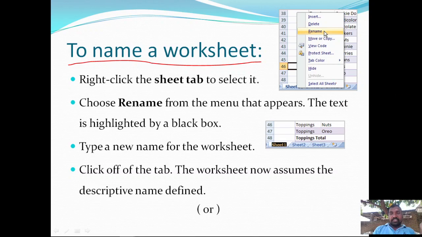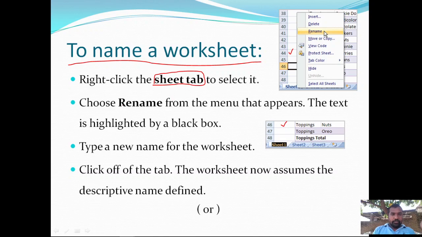To name a worksheet, we have several procedures, which can be viewed in these diagrams. Right-click on the sheet tab to select it. We already talked in the first session of these tutorials about what the sheet tab is. The sheet tab is available above the status bar. It contains all the sheet names, and it also has an option to create new sheets.